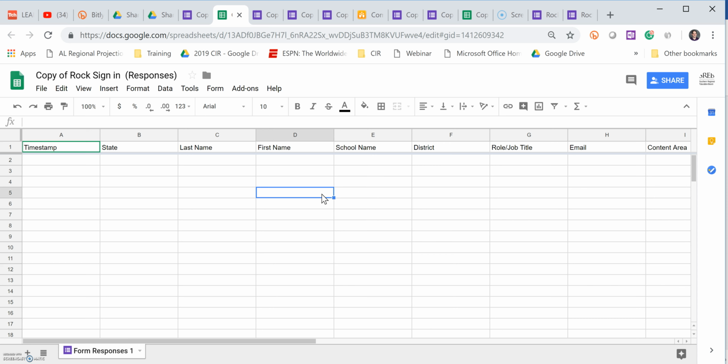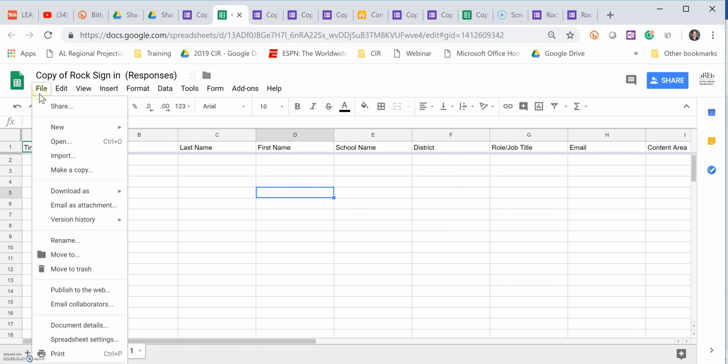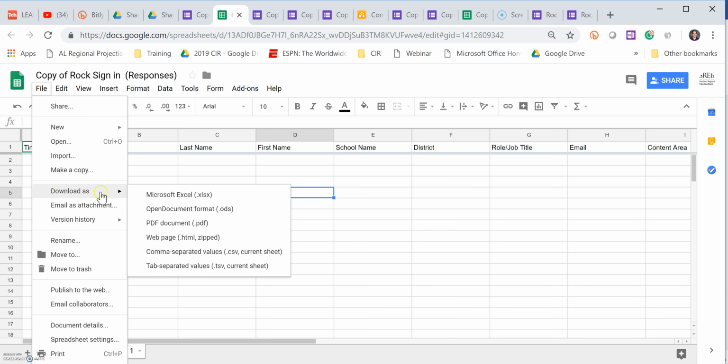And this spreadsheet is what we use then to upload it into the CRM. Do not change anything on this spreadsheet. If you want to manipulate information here, go to File, and then Download. And you can download it as an Excel spreadsheet. And then you can do whatever you want with it. But we need this to stay as it is